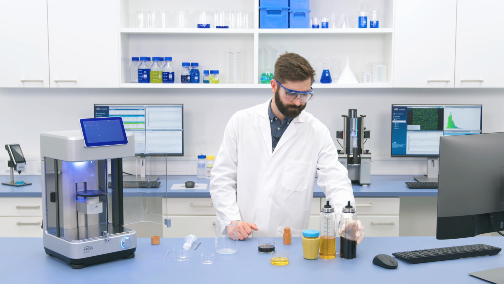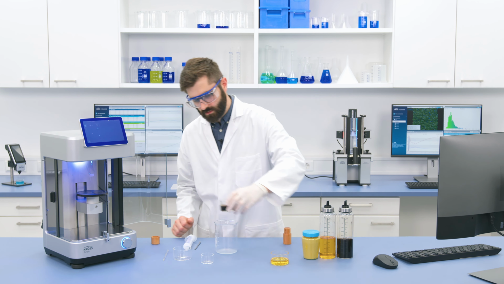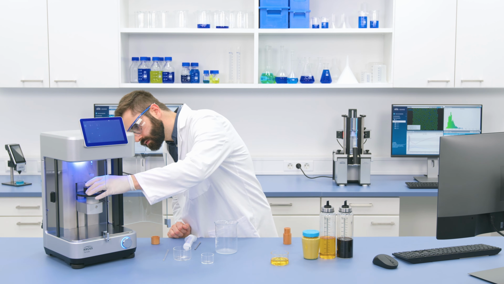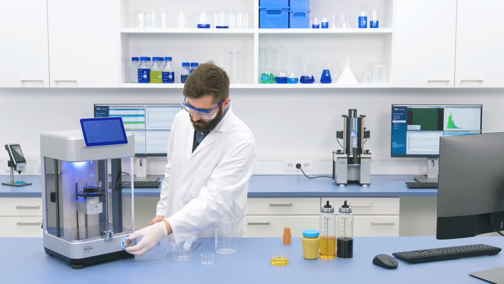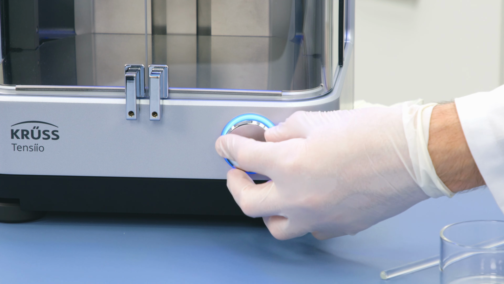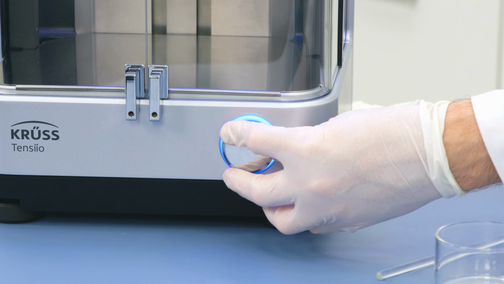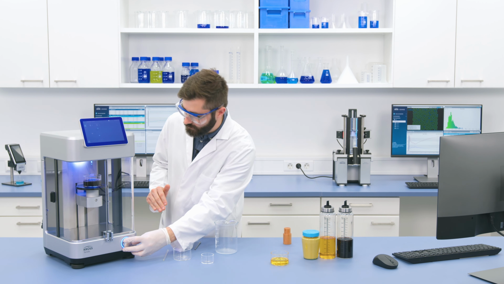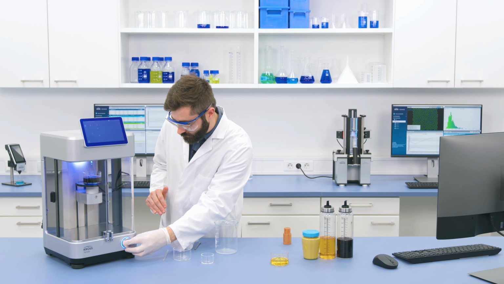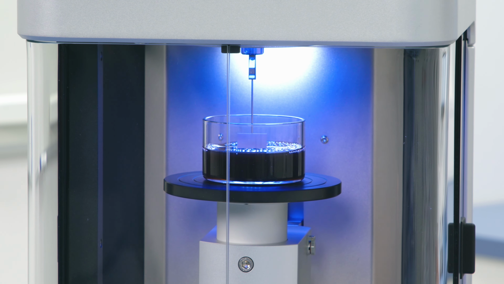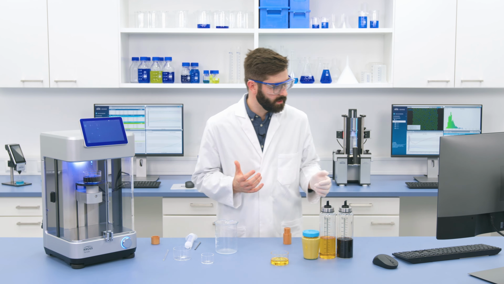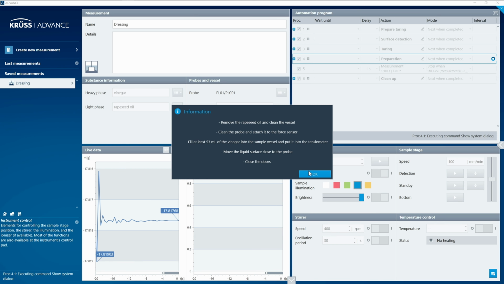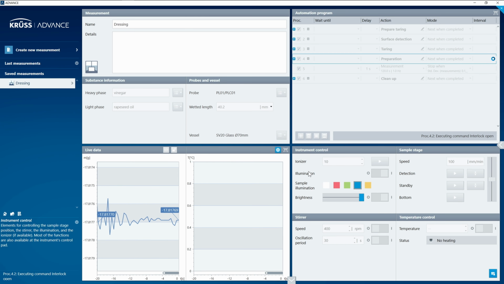I can put this onto the sample stage and move back up so that the liquid is close to the bottom of the plate. Okay. Now all that's left to do is to press OK again in the software.